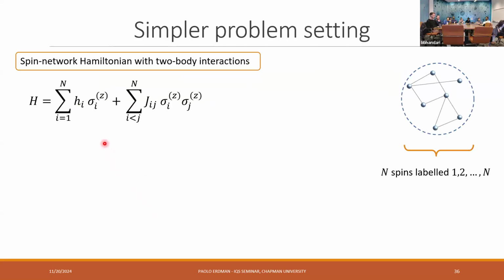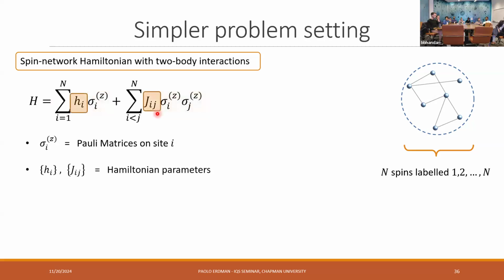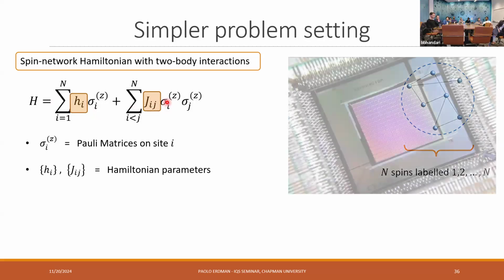So we just consider a spin network just of sigma z terms. We actually considered the case with also sigma x, y, and z, but we found no advantage in taking different ones, because I think what really counts is just the spectrum, and adding these extra quantum effects didn't really help us. But yeah, so we consider arbitrary values h_i and arbitrary values of J_ij, and these are the Pauli matrices. And what we want to do is figure out what values of h_i and J_ij give us the highest heat capacity.